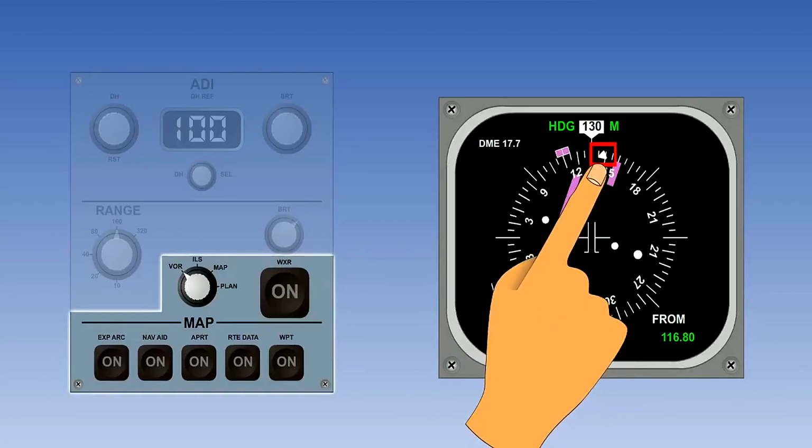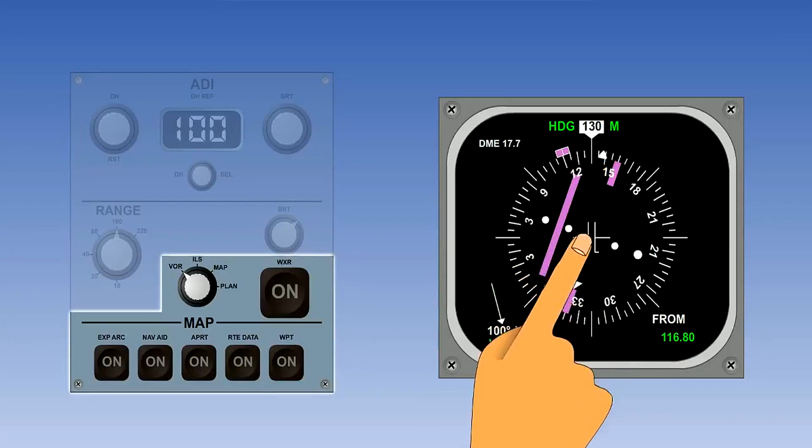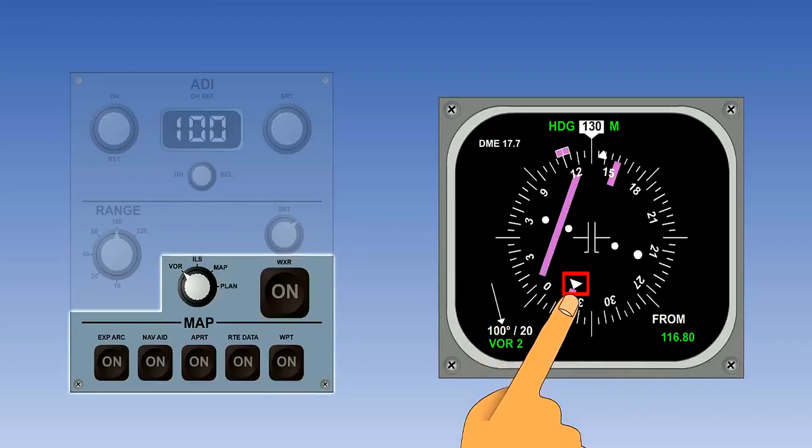Current track is shown by the white triangle on the inside edge of the compass rose. At the lower part of the compass rose display, we can see another white triangle. This is a VOR2 from pointer, which is provided in addition to the VOR2 from annunciator in the lower right-hand corner of the EHSI screen. We can see the pointer is confirming that the aircraft is tracking away from the VOR source.